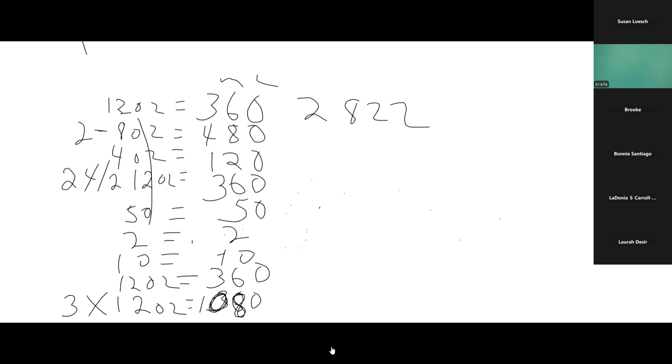I have 2,822 too. Yeah, me too. Okay, so everybody's there now? Yes. Okay, then the rest of the numbers that we had, because we stopped at the popsicle, we had 250